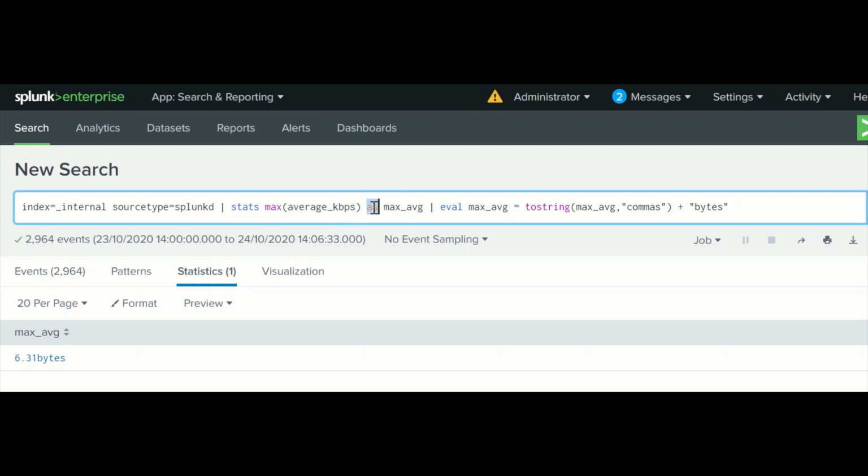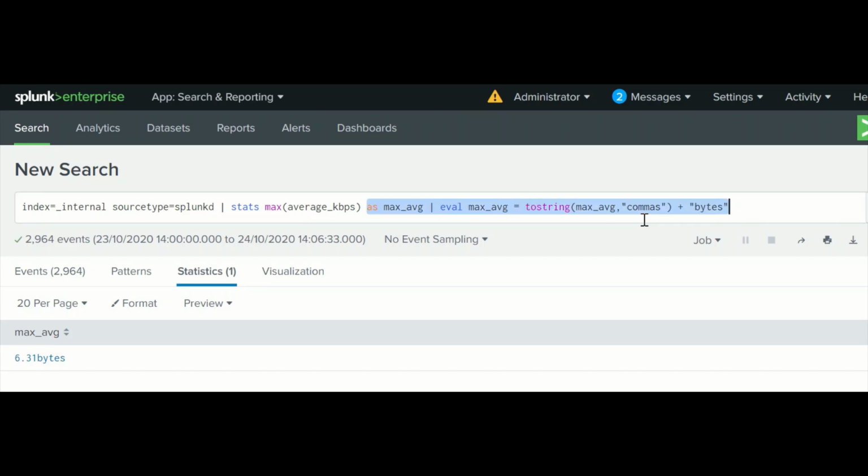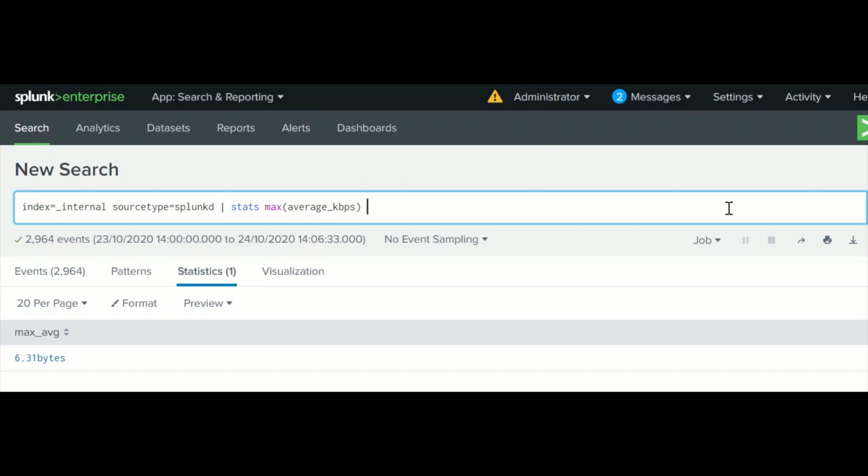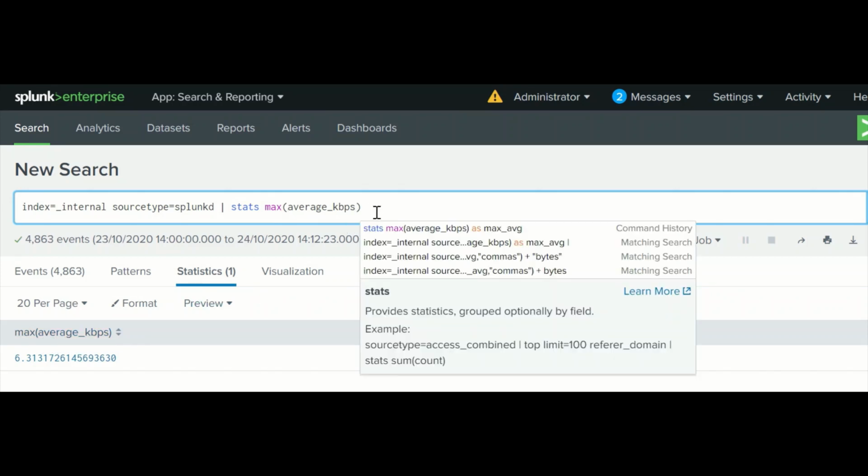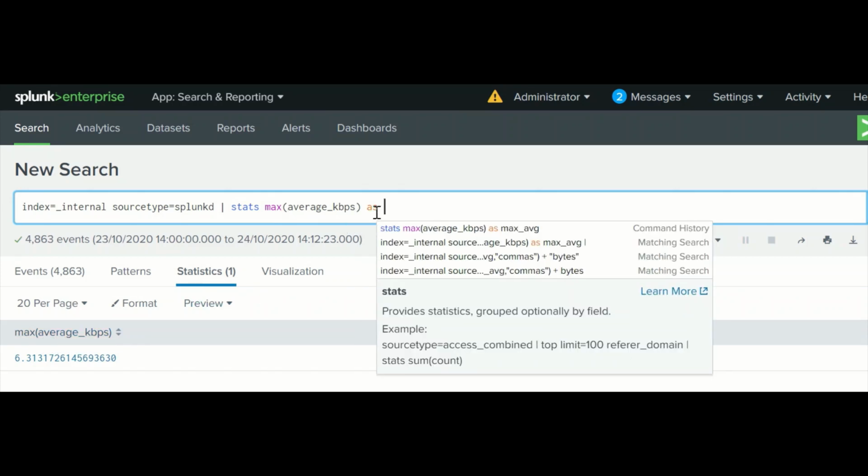Then next, generally if you run this command without this, it will create a field itself as max. You can see it here, max bracket and then this field. So you need to rename this field.